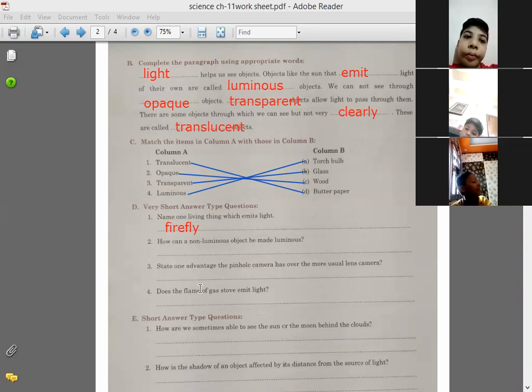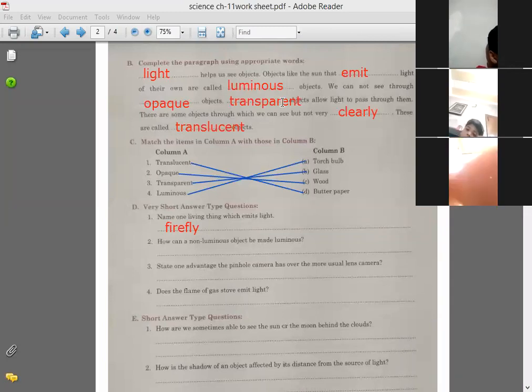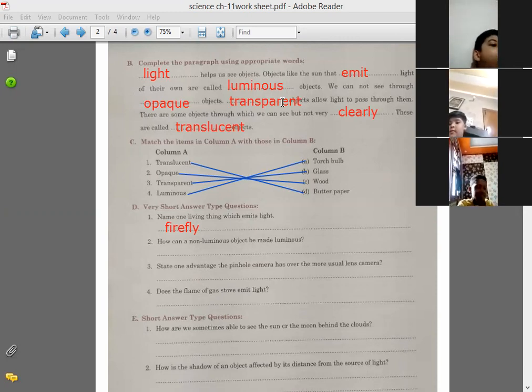Better try to understand, then you can write down in your own word. The object is non-luminous and we have to make it luminous. So whenever the light is falling on the non-luminous object, it reflects the light, and when it reflects light, we can see that it is working as a luminous object.